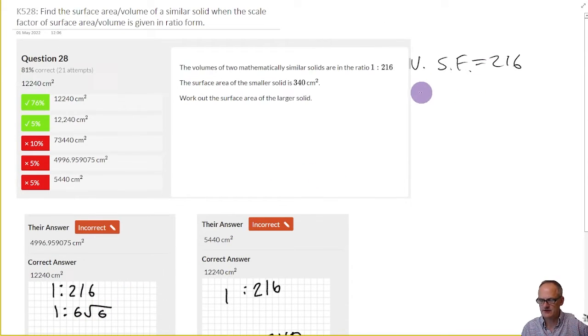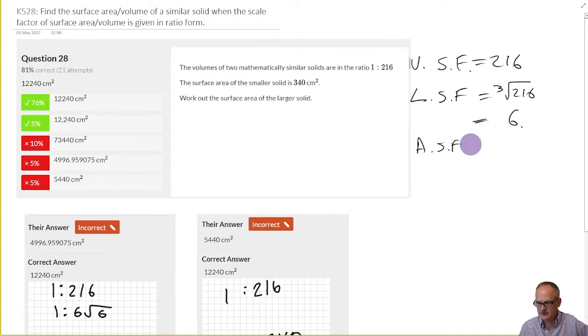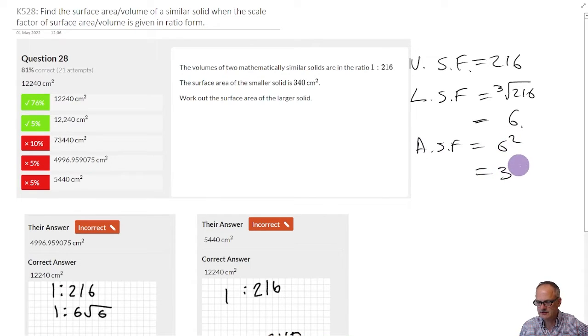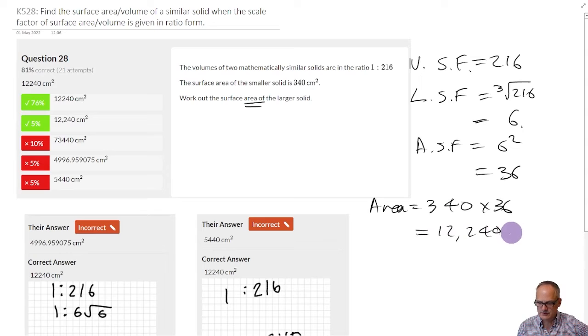So if you want the area scale factor, the first thing we need to do is work out the length scale factor, and that is the cube root of 216, and that comes out to be 6. So therefore the area scale factor will be 6 squared, which gives me 36. So to find out the surface area of the larger solid, we need to do the 340. So the area must be equal to the 340 times by 36. And that comes out to be 240 centimeters